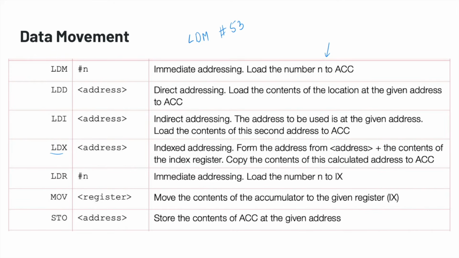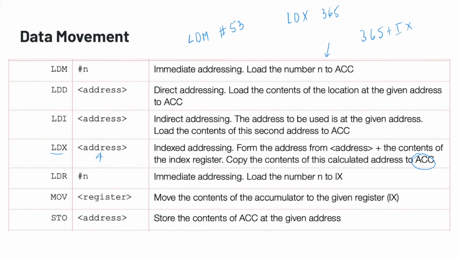Whatever's in the address that's specified right here, those contents will be added to the contents of the index register, and then the result will be stored in the ACC. So for example, we might have LDX, and then an address that perhaps looks something like this. Ordinarily it'd be hexadecimal, but whatever. Now we're going to add this. We'd add 365 plus whatever is in the index register,